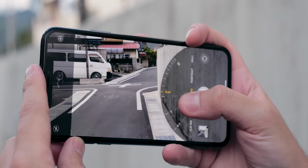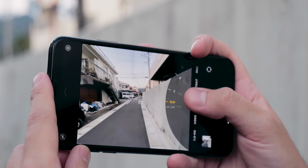I've used other phones. I actually have the Huawei P20 Pro, the OnePlus 5T, and I've even shot with the OnePlus 7, and all of those have kind of had jarring experiences and just not quite in the same seamless way. The reason I mentioned the 3-lens system is because all of these lenses are equidistant from each other, and